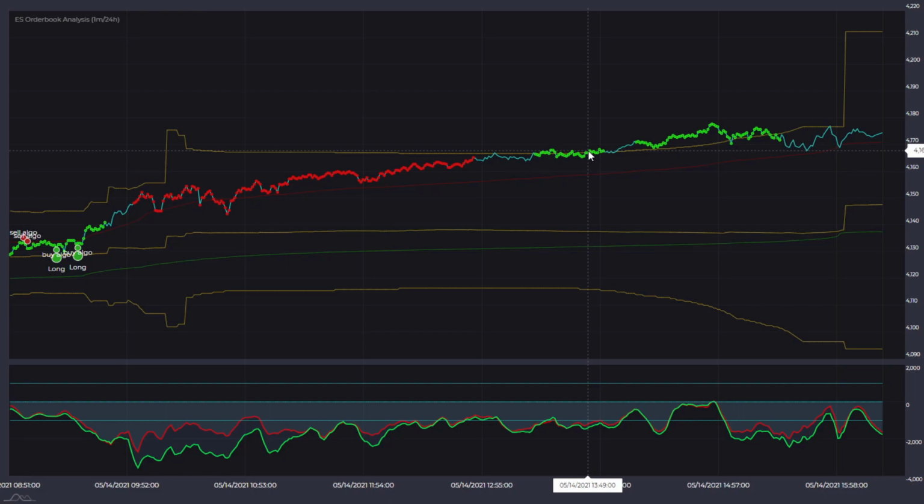So there are more bullish events happening on the order book, and still the price is falling. And many times you will see that in the last hour of the session, suddenly something changes and price goes in the direction